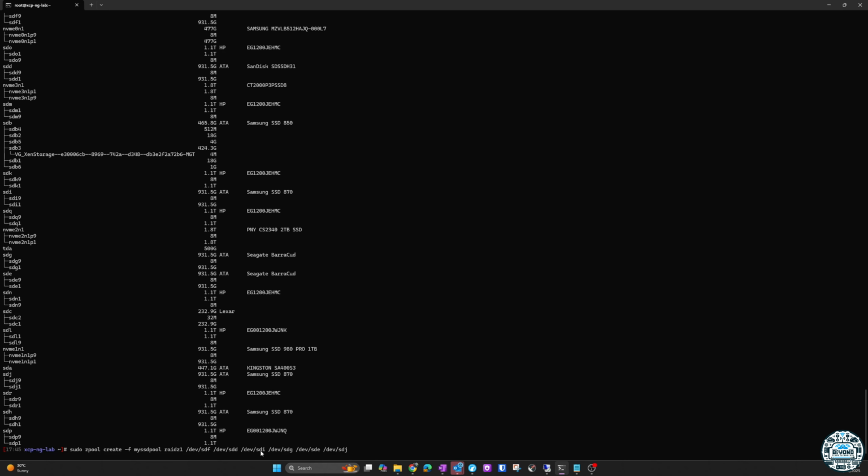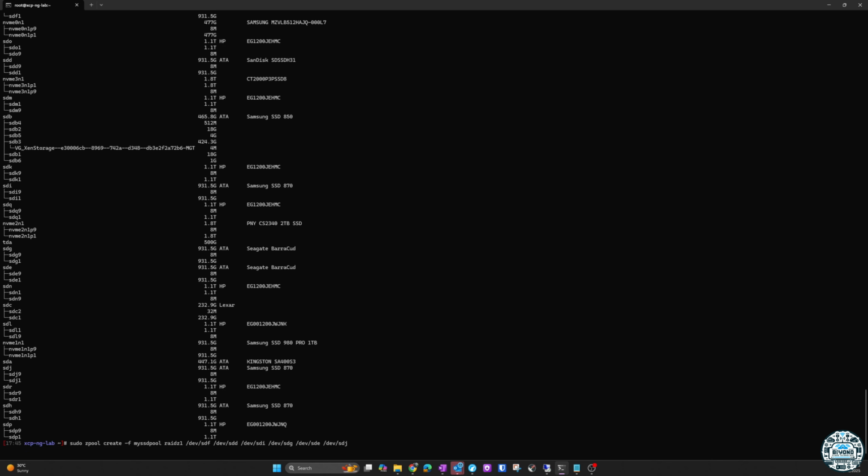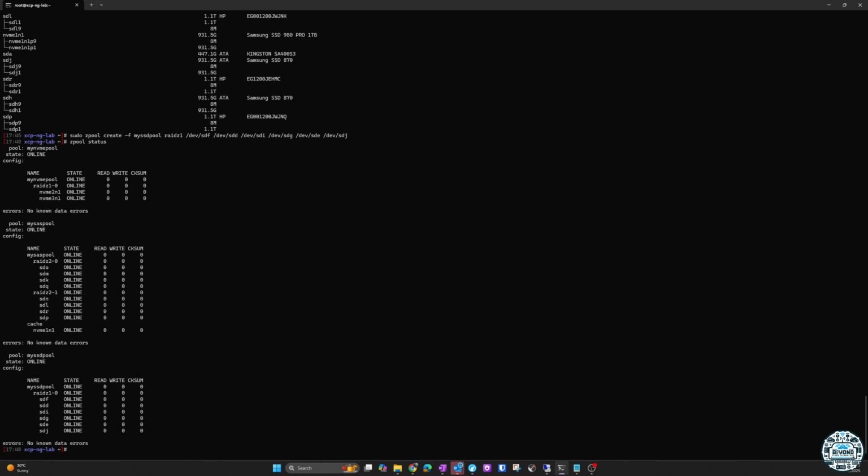So we've got FD, so we got 1, 2, 3, 4, 5, 6. I have 7 SSDs in here, so I will randomly pull one out of these and replace it with one that has not been used yet. Okay, so here I'm gonna create it, and if we go up and do pool status, now we should see the SSD pool. As you see, we've got FDIGEJ, so 1, 2, 3, 4, 5, 6, and the pool is